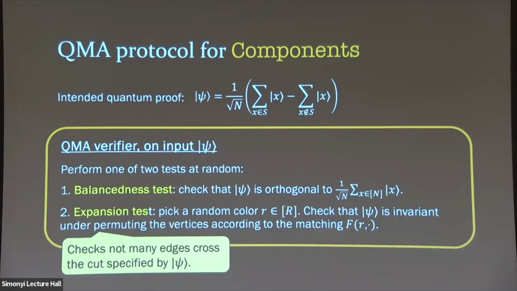So what exactly happened in the second one? I'm not sure I understand. So when you check the invariant, you just want to apply it and take the inner product with psi. Right. Okay, exactly. You want to get one. You want to get one, yeah. Well, you can try all colors, I guess, if you think of it as constant. That's true, yeah.